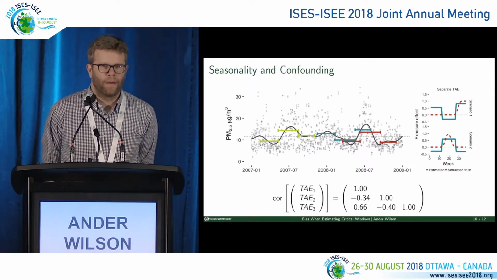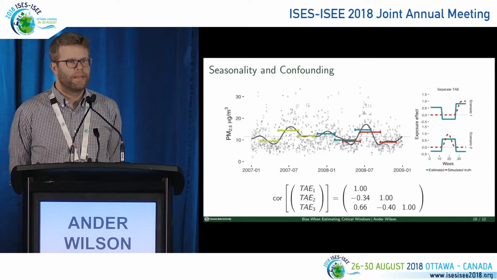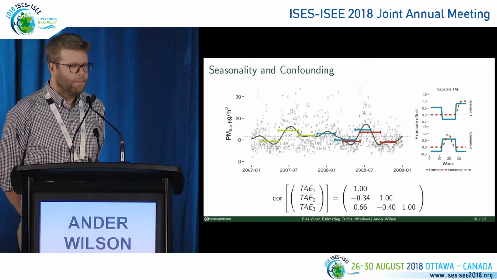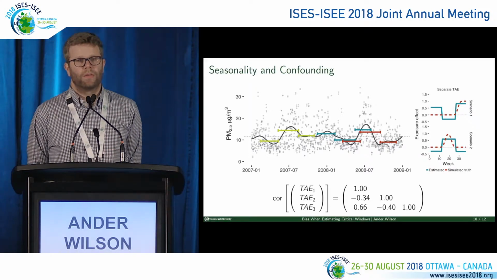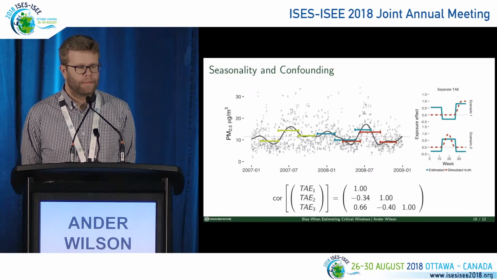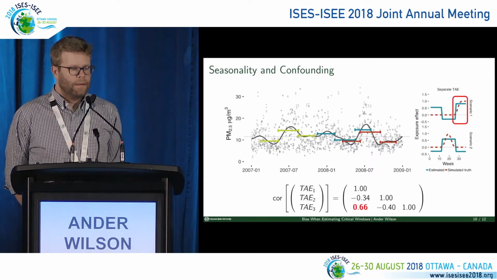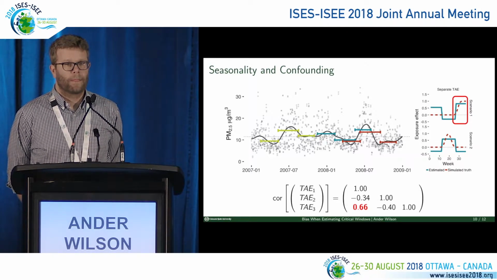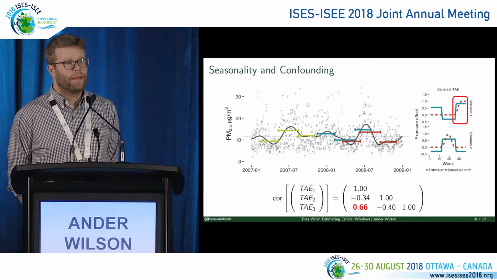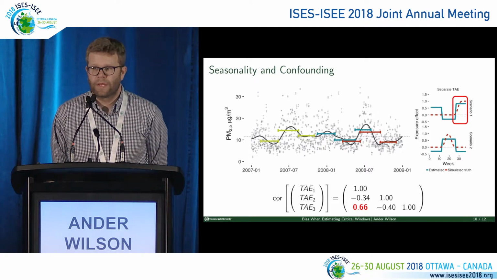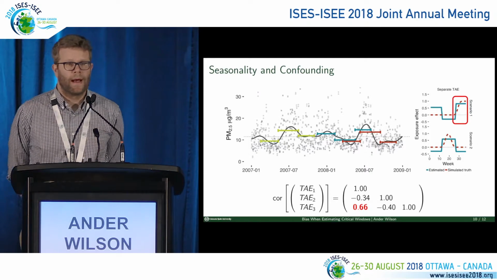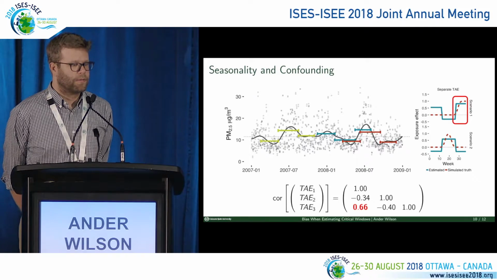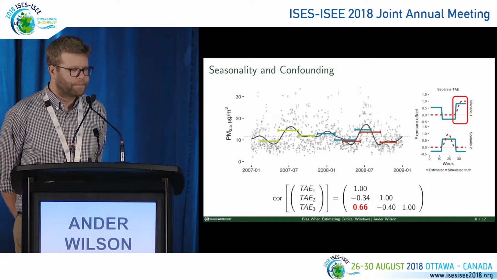Well, for a separate TAE model, when we want to estimate the association between the first trimester average exposure and the outcome, we're doing it in a model that doesn't control for exposures in either the second or the third trimester. But what we see here is that the third trimester is correlated with the first trimester average exposure, and the third trimester is also associated with the outcome. So this is acting like an unmeasured confounder in our model when we don't adjust for it. So by not adjusting for this, we're inducing bias in our estimate of the first trimester average exposure effect using the separate TAE model.